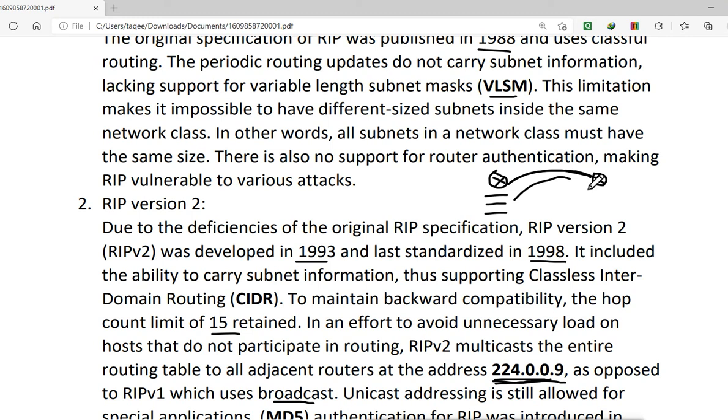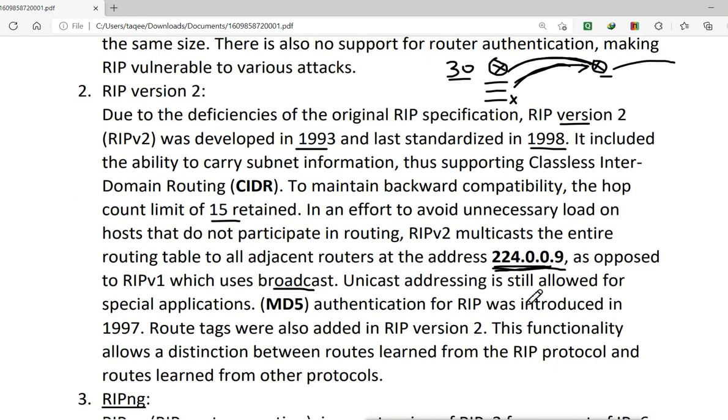But RIP version 2 does triggered updates. Say the timer is 30 seconds and it is still running, and the network 10 is down. It will not wait for the timer to expire. It will directly send the information to the other router, and this router will also send the information to the next router without waiting. This is also an improvement we have in version 2.